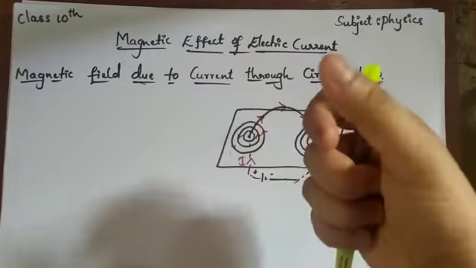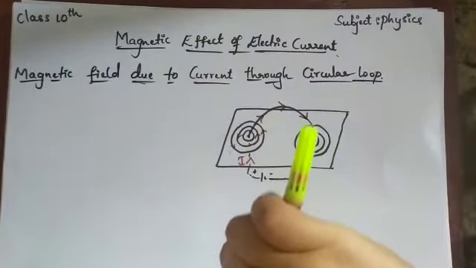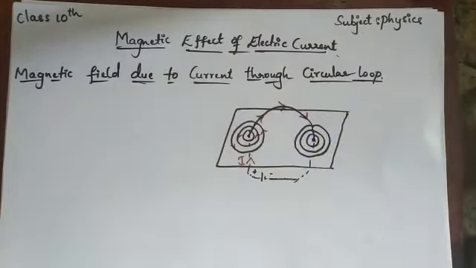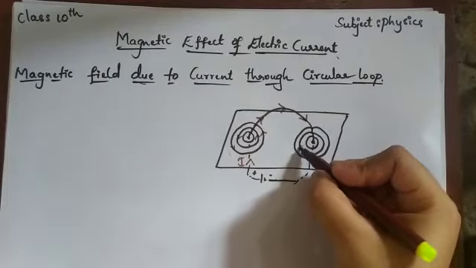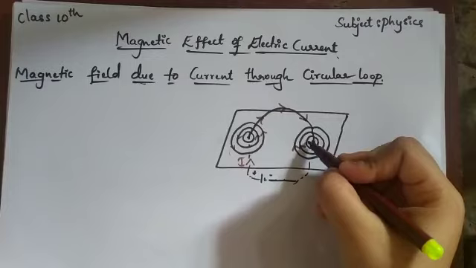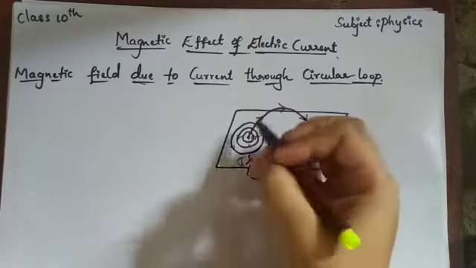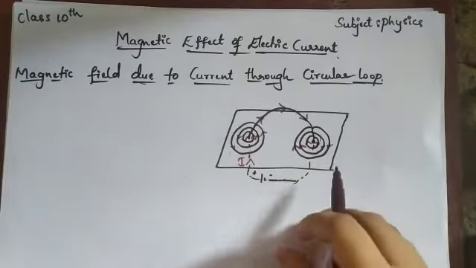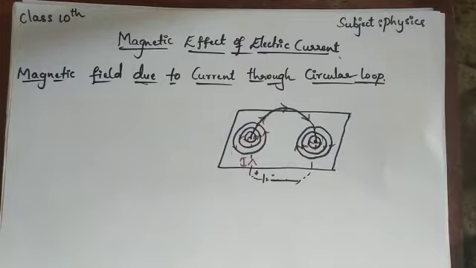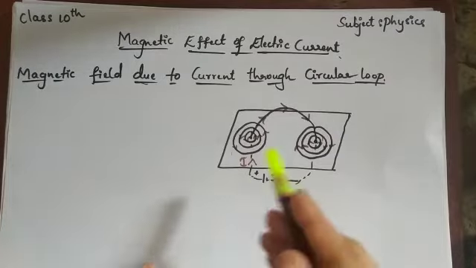When the current is flowing in the downward direction, the fingers should curl in the opposite, that is clockwise, direction. So the current is flowing in this direction, here, here and here. By the right hand thumb rule you can say how the current is flowing. If it is upward, the field is anti-clockwise, and if it is downward, it is flowing in a clockwise direction. This is how we see the magnetic lines.